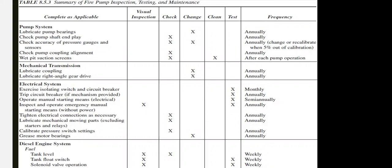This table is converted by the civil defense in the manual PDF file I gave you. So they are taking the same tables and converting them into a small simulation. We're making it first for the inspection, the test and the maintenance for the fire alarm system and the firefighting system as well. Like this one, for the fire pump, lubrication for the fire pump bearing